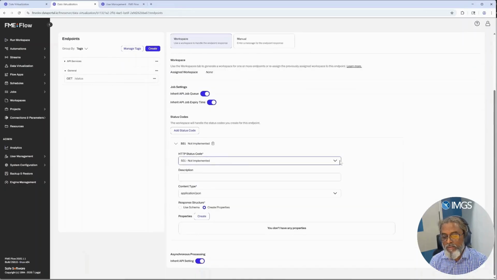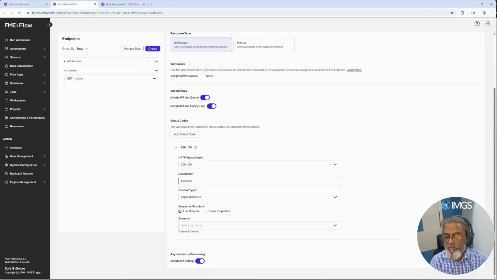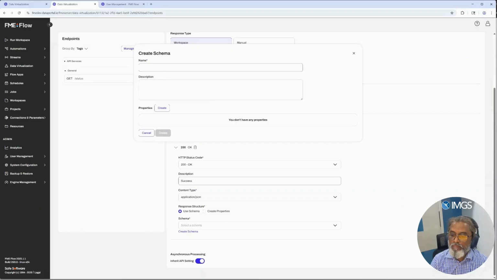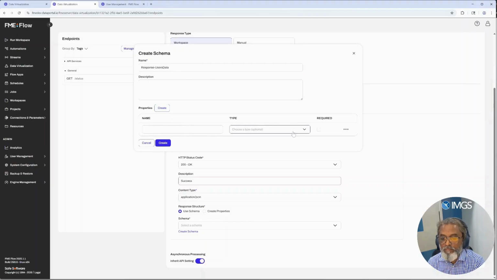I'll say status code success 200, success. And in this one, I would like to return the schema based information back to the user. So I'll create a response schema called response users, and I'll create a JSON structure for that schema. So it will return the array object because the response data may contain more than one user. So I'll create an array of users,